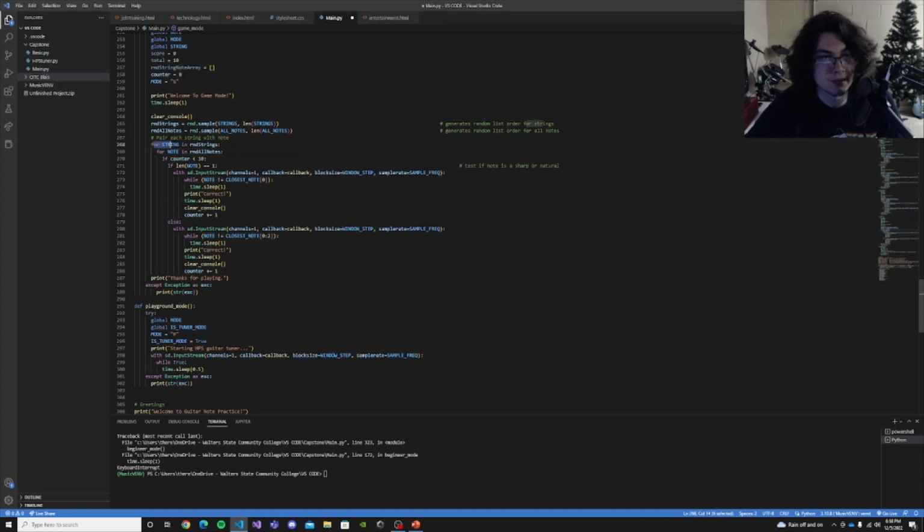So as you can see, we're doing this again, just getting the random list and the random of all notes, and then we have the nested for loop. We make sure the counter is less than 10, and if it is, we're going to wait until they get one right. Once they do get one right, we'll add one to the counter and we'll keep going. We're going to first test for if it's a natural or a